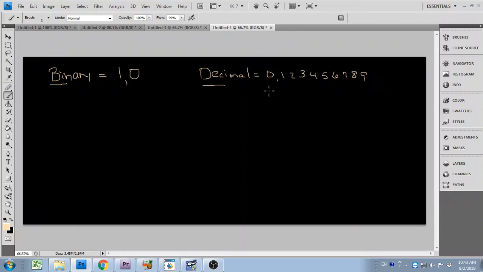We use the number 386, for example, where that would not exist in binary because it only can be 1 and 0. In binary, you're going to have numbers like 1, 0, 1, 1, 0, 1, 0, 1, and it's just lots of ones and zeros. So how do we convert back and forth? How do we actually make these numbers make sense to us? So in order to do that, I'm going to actually